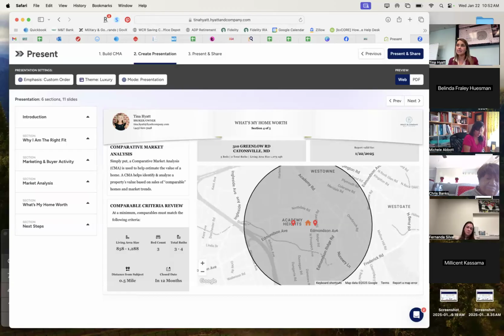So if it's about money and time, I want to sell it fast. I want to get the most money I can get out of it so we can move on to our next home. Great. Let's talk about that. And then I go straight to those points, right? Guys, please don't do it. I've seen so many agents crash and burn on listing presentations because they didn't read the room. They didn't understand the client sitting across the table from them and communicate to them the way they needed to be communicated to.